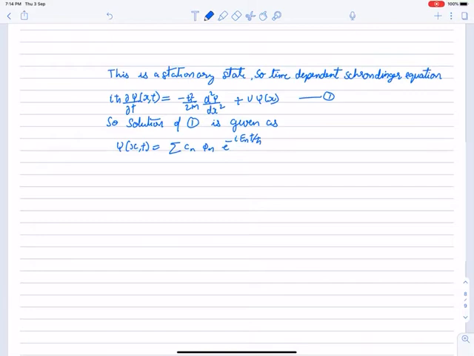Remember, this can't be a free particle. I will come to that in a later video. This will not be the case for a free particle, but in the case of a harmonic oscillator, particle in a box, or these types of potentials, which can be described by the time dependent Schrodinger equation, you can write the solution as it is at equation number 2. I can highlight it with green and give it equation number 2.